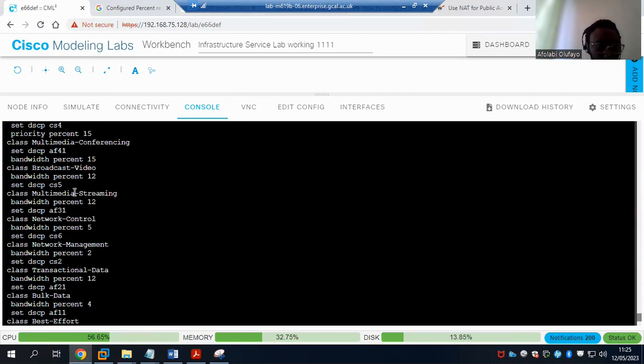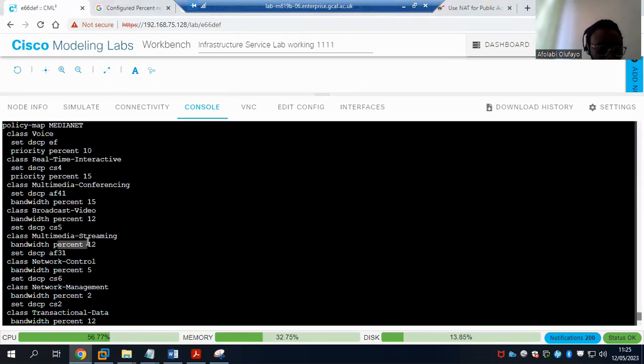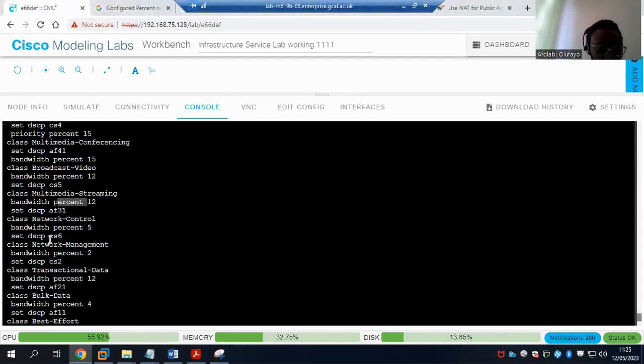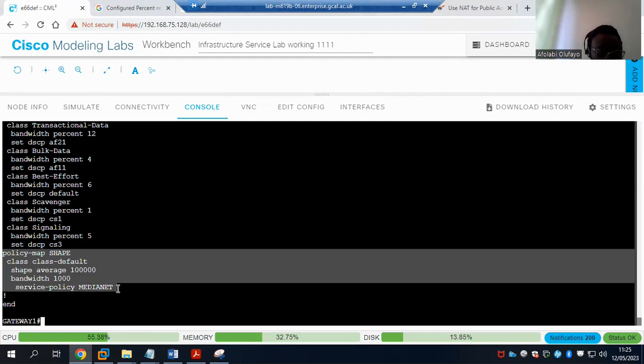On my policy map, I've assigned priority to my voice, priority to my real-time interactive, then giving high percentage to my multimedia, streaming, and broadcast video, to multimedia conferencing and streaming, and network control 5%, with the marking CS6, with the marking CS2 for network management according to the 12 class MediaNet model, bulk data AF1, and the scavenger CS1. So I've put all this to shape outbound.